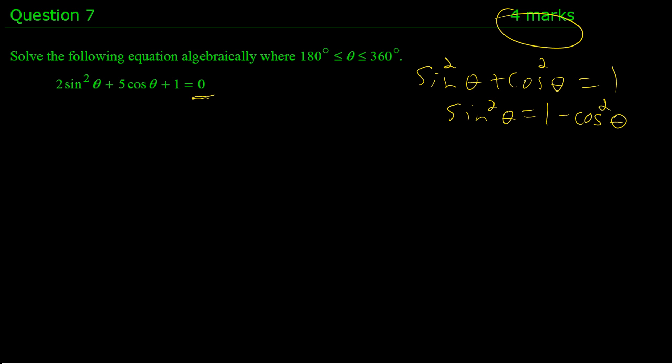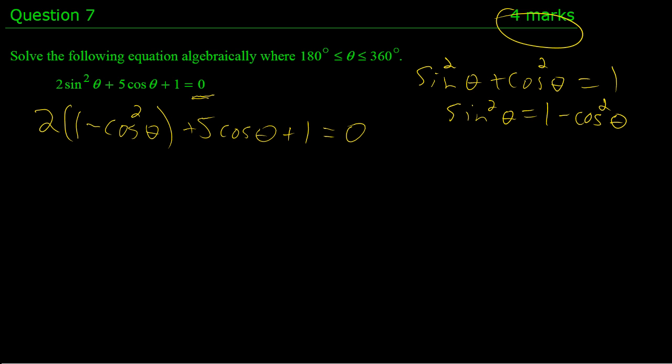And this is a very common exam question. When I substitute in, I want to make sure I have brackets because I'm replacing a single term with a binomial. So this is 1 minus cos squared theta. And then everything else is straightforward, and it's not changing, I should say. So let's see. We got 2, distribute the 2. Minus 2 cos squared theta plus 5 cos theta